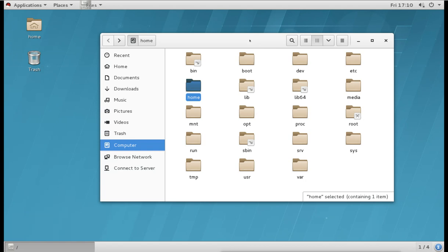So if you save any file or directory here, it is going to be stored under the slash. Now this boot directory is also under the slash, but this boot directory has a different partition. So if I save any file under this boot directory, it will not go under the slash partition. It will go into the separate partition.